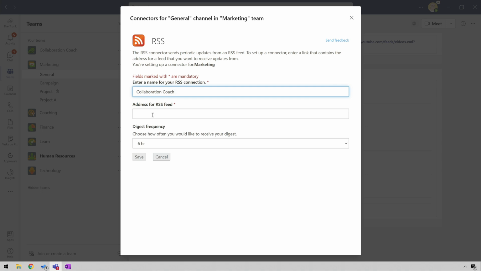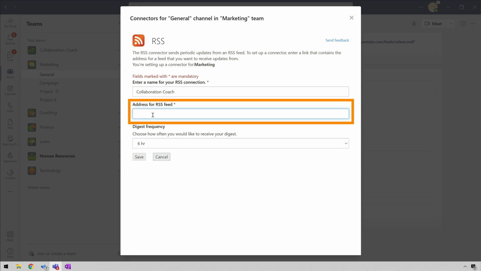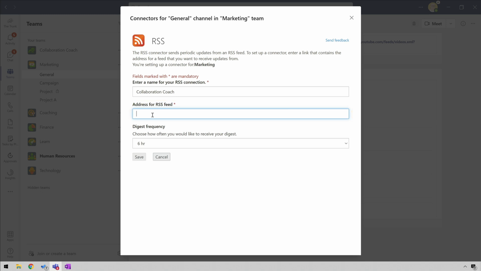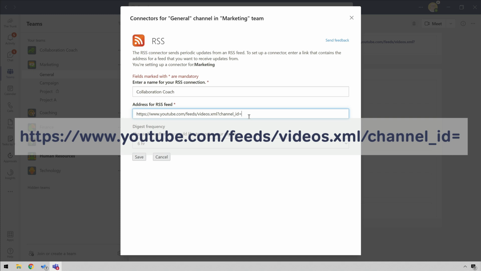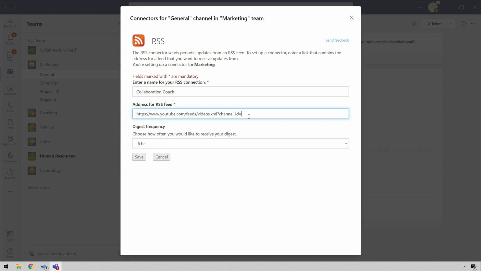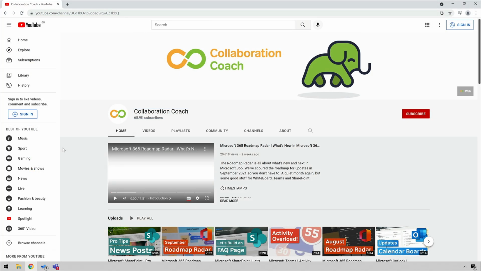This is the tricky bit, putting this RSS feed address together. In the address for RSS field, I'll use a certain format, which is this. And I'll add that to the description if you want to grab it from there rather than type it. I'll also need the ID of the channel that I want to connect to. To do that, I can get the YouTube channel ID by opening up YouTube.